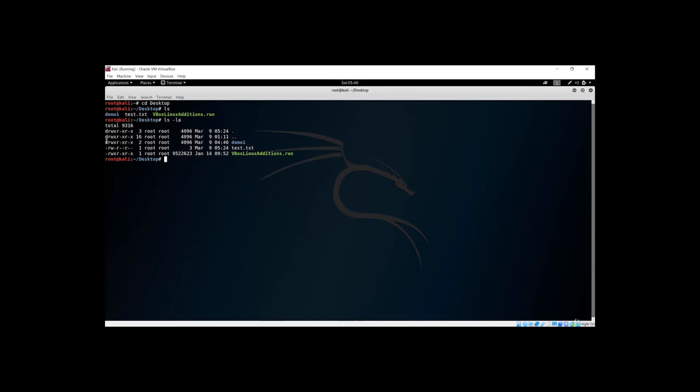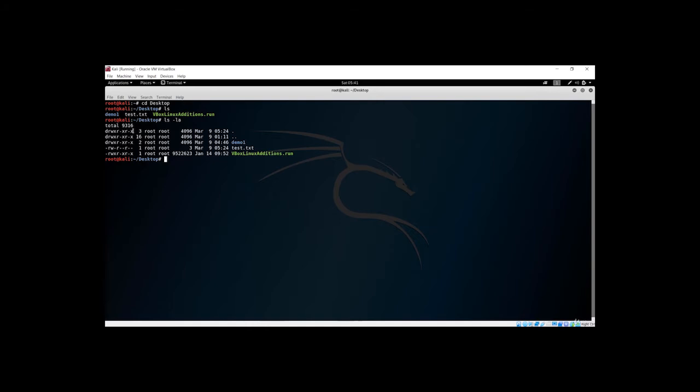You can see we have this D, which refers to a directory. That means this demo1 is a directory, and if it is a dash, that means it is a file. So any privilege that starts with D is for a directory, and if it is a single dash, it is a file. The next three characters are for the owner, the next three are for the file group, and the next three are for any other user, that is, except the file group and the owner, because we have already specified the owner.